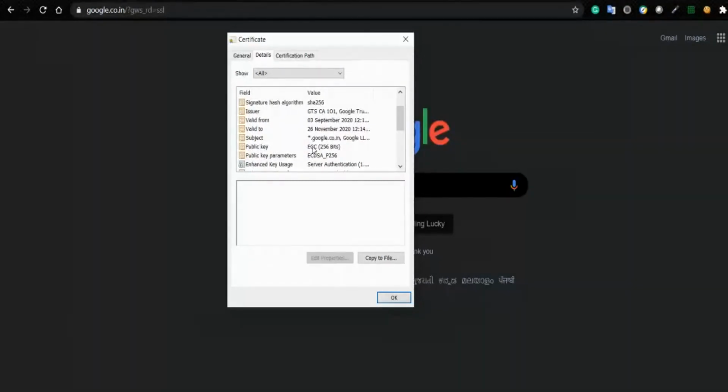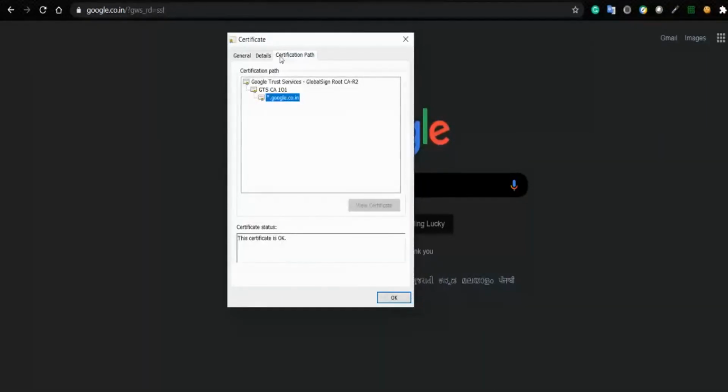Here Google is using elliptic curve cryptography, a 256-bit elliptic curve. So these are all the additional information. Then thumbprint, I think, is the hash, the signature. So the main part we want to see here is the certification path.